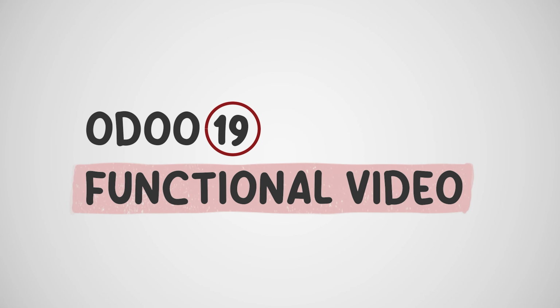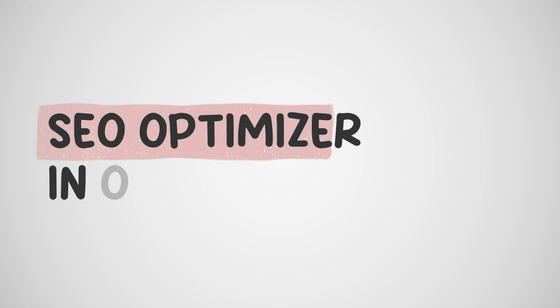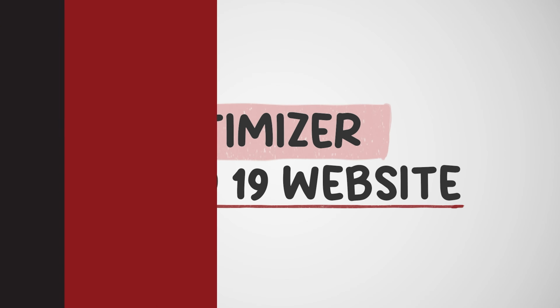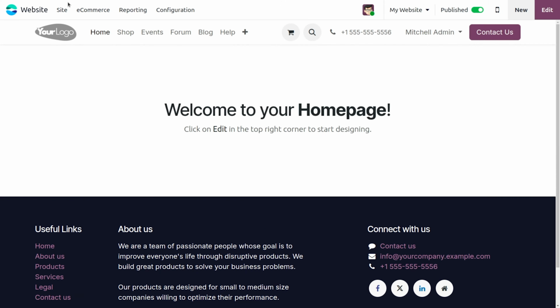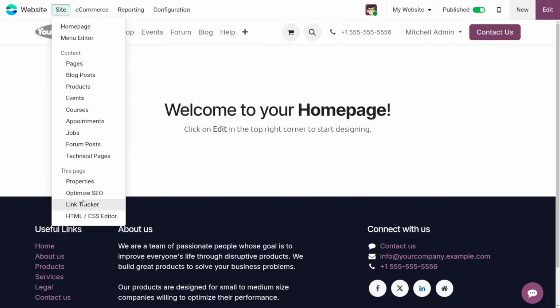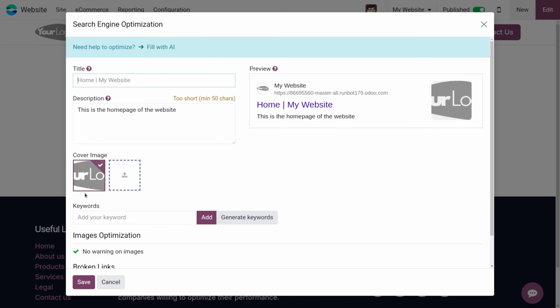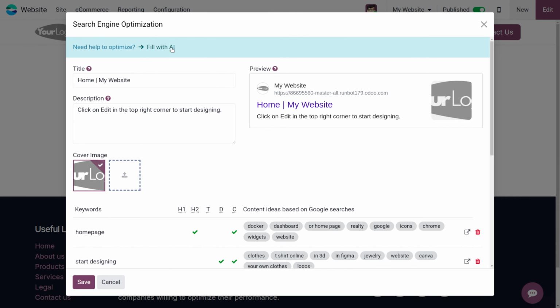In today's video, we're going to discuss SEO optimization in the Odoo 19 website. To manage it, we can just dive into the website module. From here, we can move on to the site and choose Optimize SEO. Once it's chosen, you can see that with the help of AI, we can easily optimize the SEO. So let me click Fill with AI,